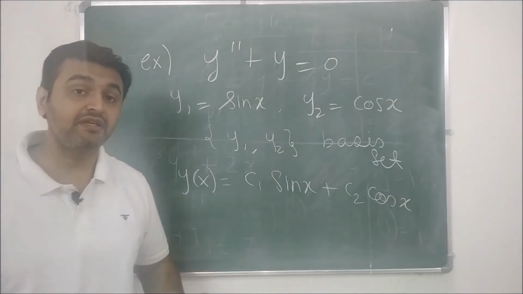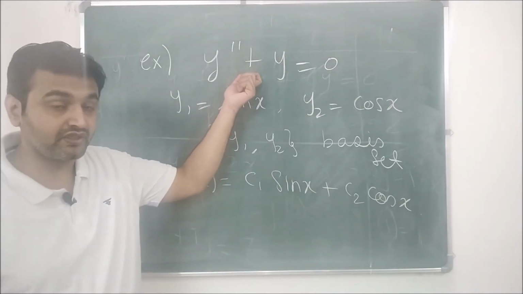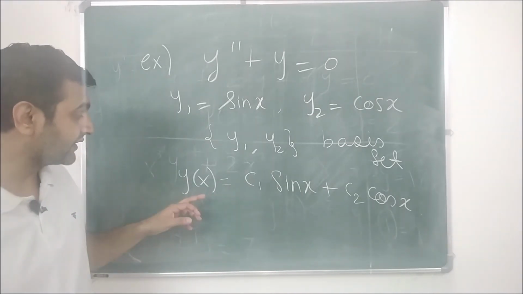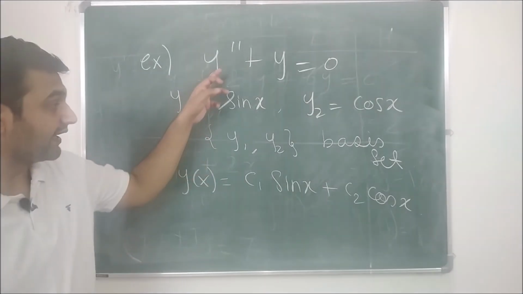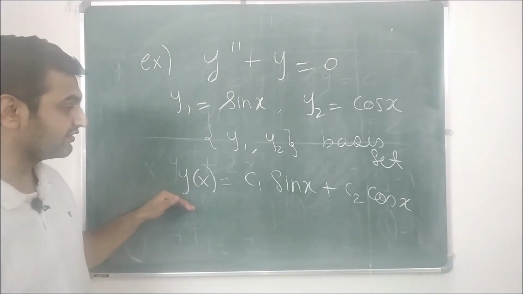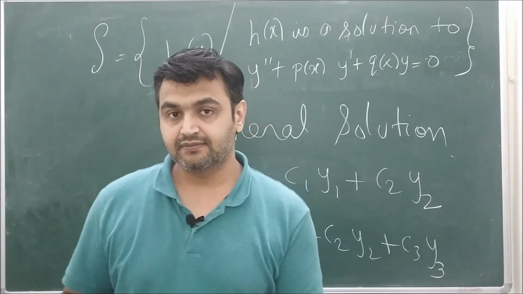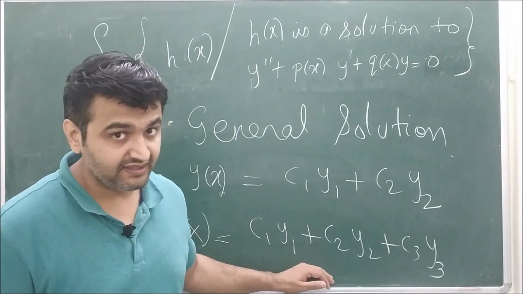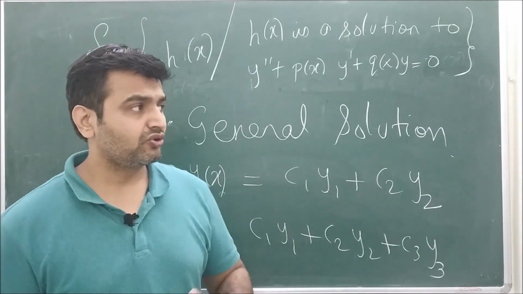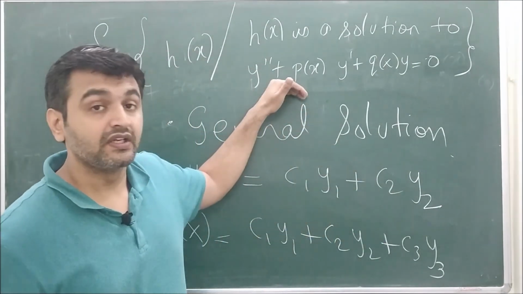There are infinitely many functions in the world. Obviously you can't keep on checking each and every function. So because of our theorem of linear algebra, it's guaranteed that any solution of this has to be a linear combination of the basis vectors. Therefore this is the general solution of this differential equation. As I am referring to the Kreyszig book, you will see this directly as a definition. Either you can treat them directly as a definition, but it's good to know how these definitions come into the picture, and that's because of linear algebra.